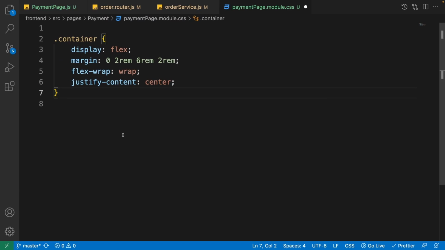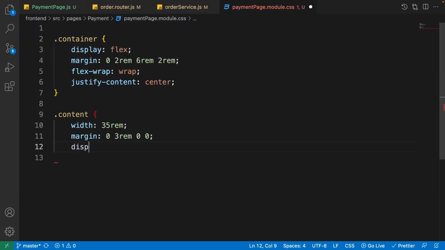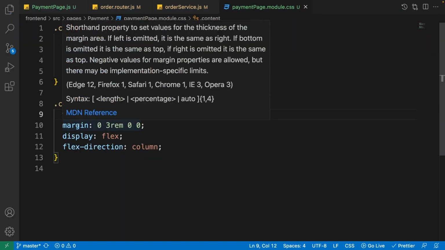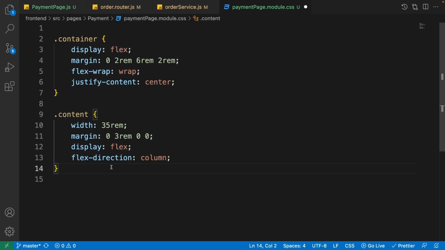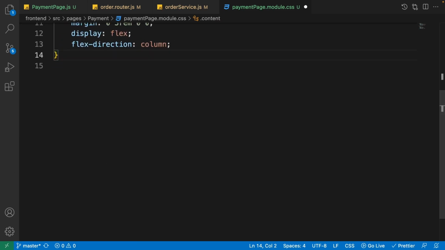Let's go for the content class. Set its width to 35, margin to 0 from every side except the right side, that is 3 rem. Display of flex and flex direction of column, so it's going to be from top to bottom instead of left to right. For the summary class that has the name and the address,